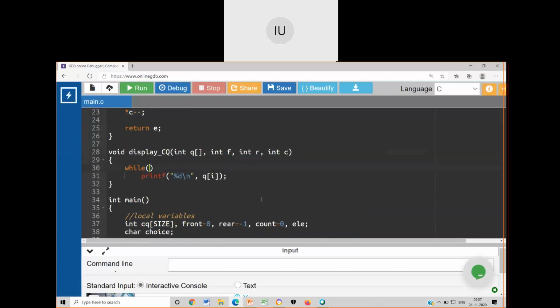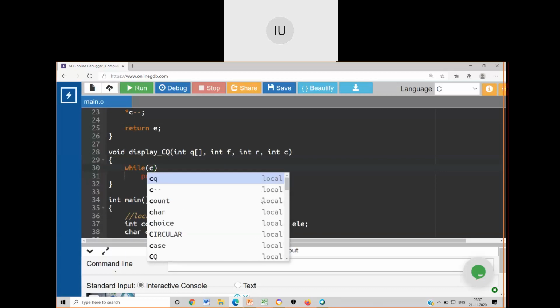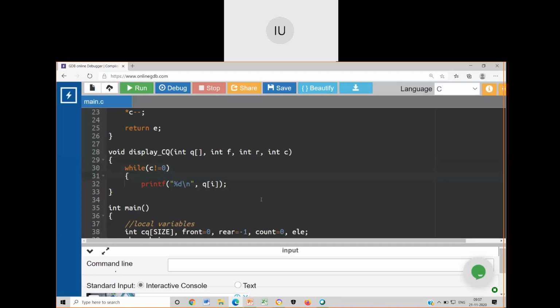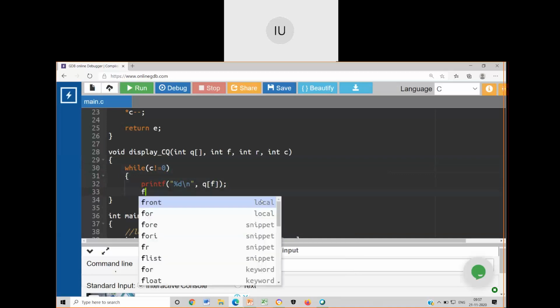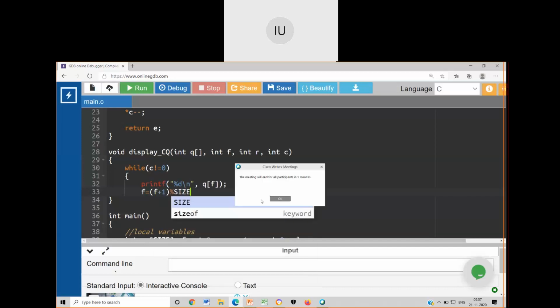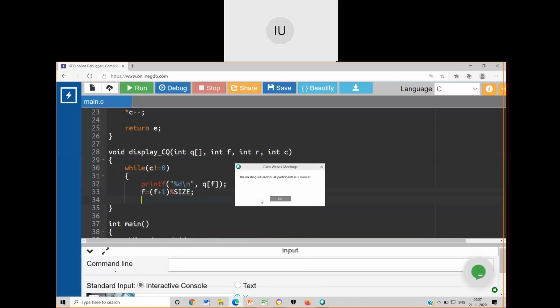Okay. So while C not equal to 0, I'll repeat these tasks. I'll go on printing whatever that is there at the front position, and I will increment front. Front is equal to front plus 1 mod size, comma, then decrement the count, C minus minus.